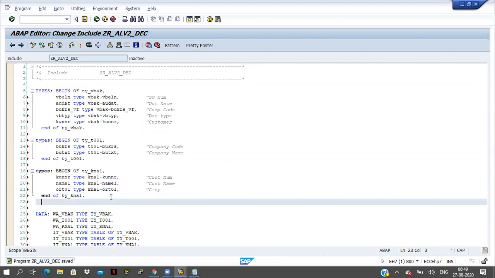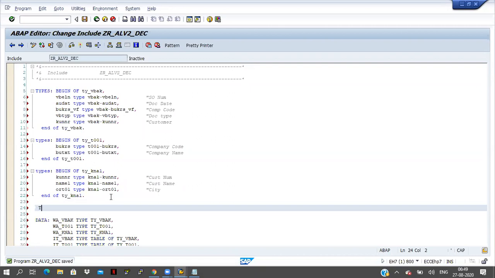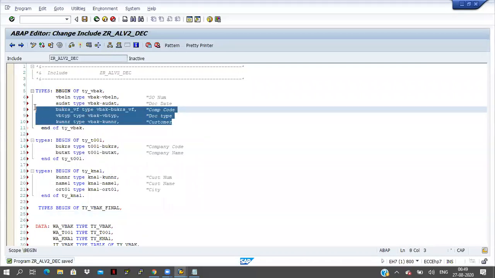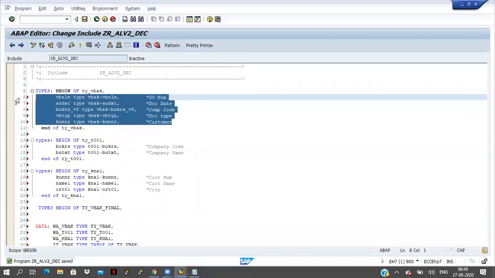Now I will declare that one also. Types begin of TY_VBAK_FINAL. Okay, VBAK final I am taking, and all the fields available here I am taking now.